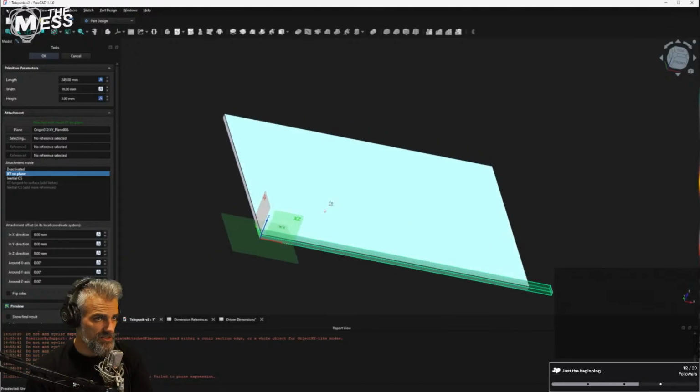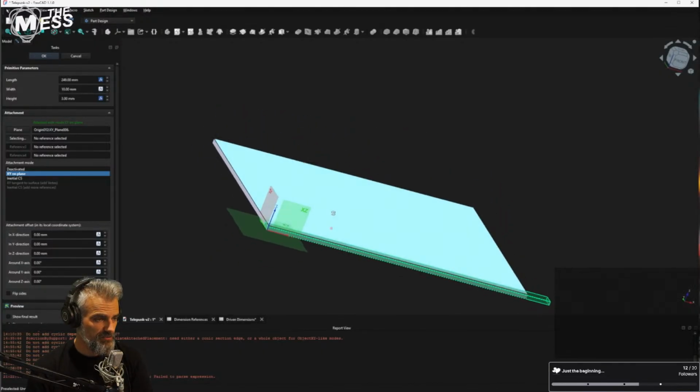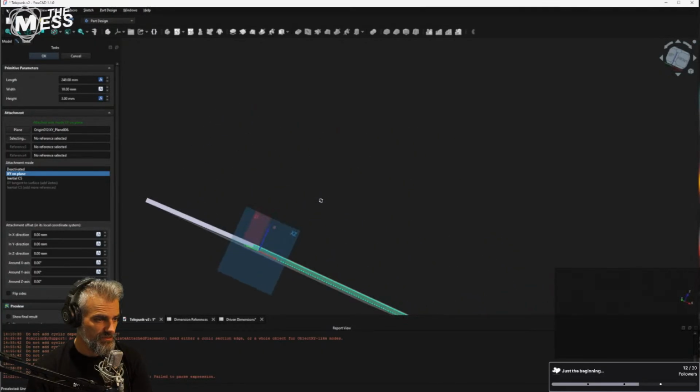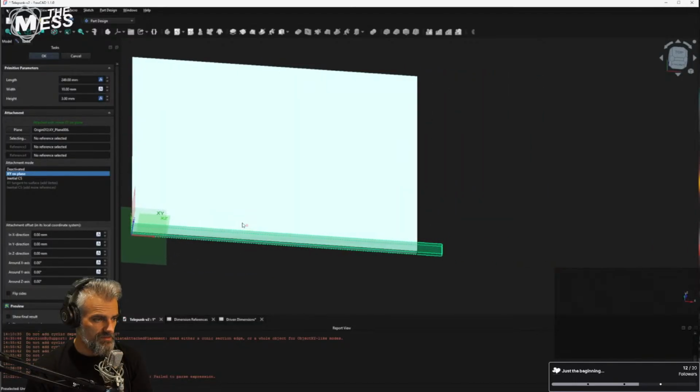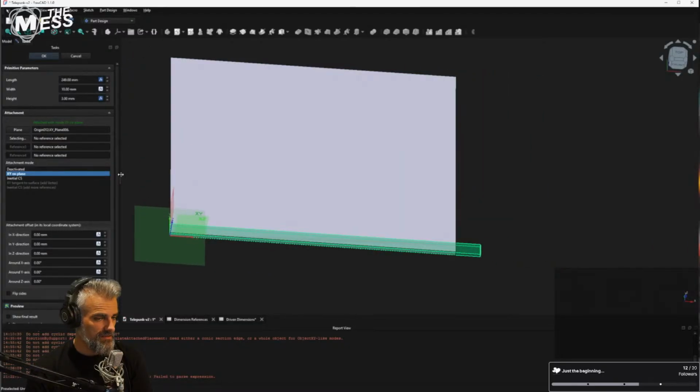Now, remembering that I shouldn't build this relative to the glass, I should be building this on its own. Right, now the height of this is going to be like